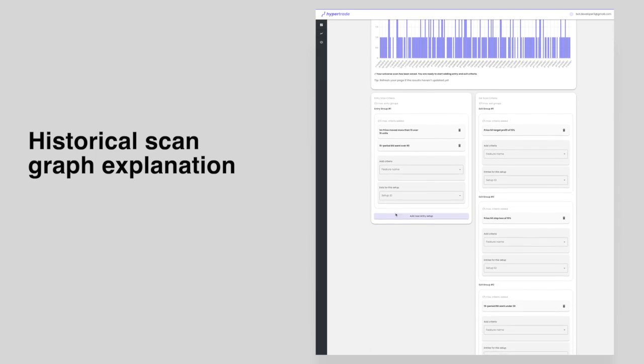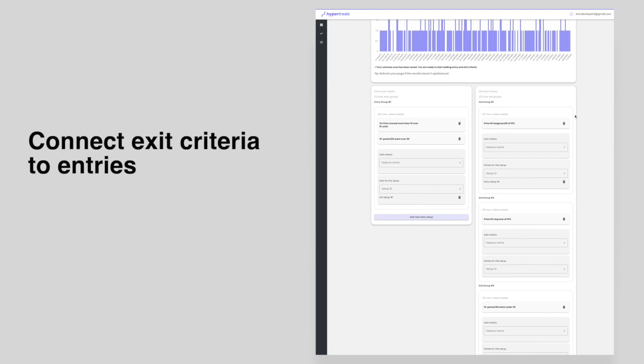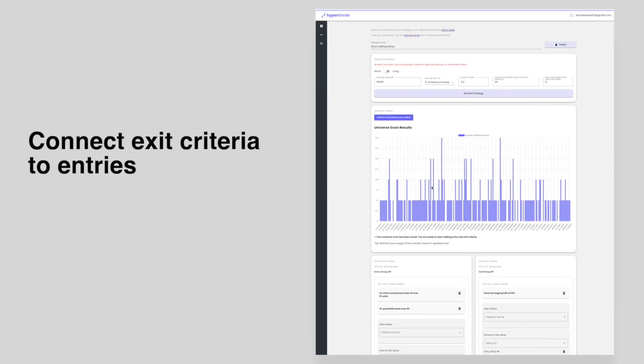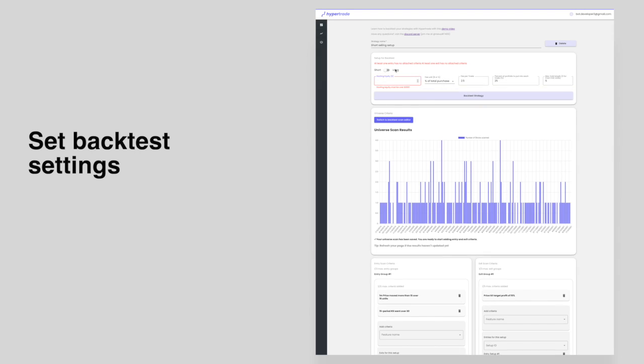So you actually can't yet, because you have to connect exits to the entry. So like specifying which exits the entry will take. So like you're in a position. If I connect exit setup 1, this becomes exit criteria for the entry group. So let's just attach all of the exit setups, and then before hitting backtest, you want to set up the